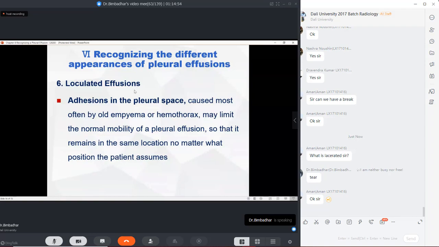Loculated pleural effusions are those that accumulate within the pleural space and have got adhesions, which actually happens in an old empyema patient or a hemothorax. This will usually limit the mobility of the pleural effusion, so that it remains in the same location no matter what position the patient assumes. I will show you a picture of empyema,